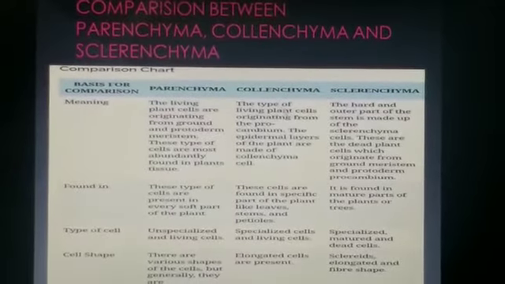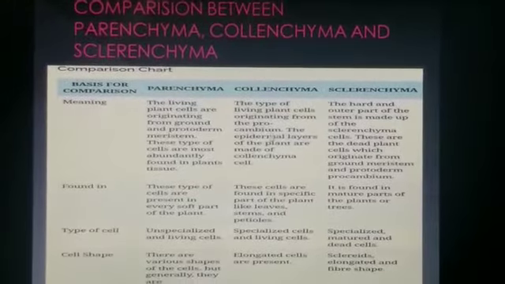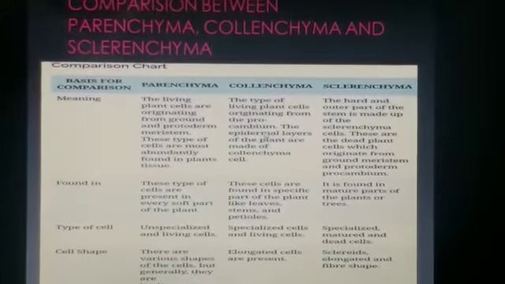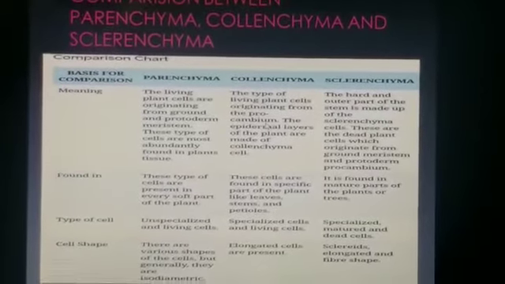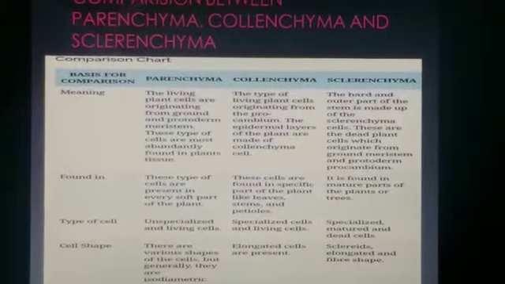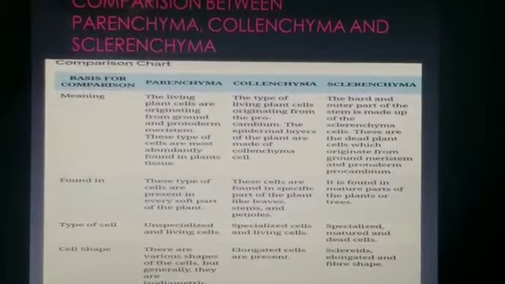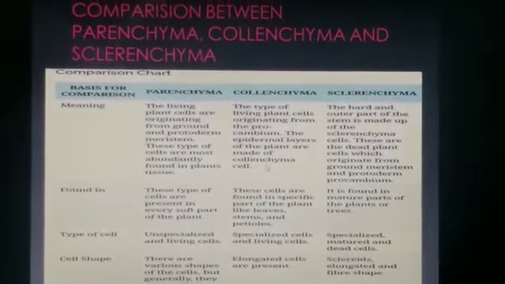Collenchyma is a type of living plant cell originating from the procambium. What is procambium? It is also a meristematic tissue and is responsible for producing new vascular tissue in mature stem and roots. The epidermal cells of the plant are made up of collenchyma cells,